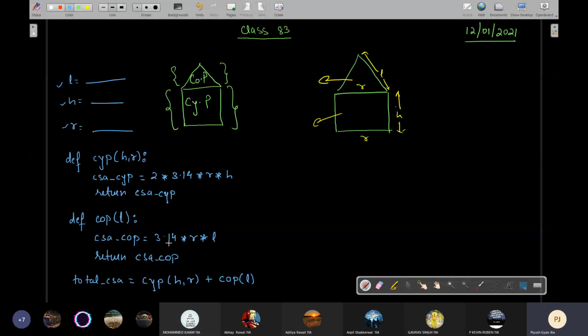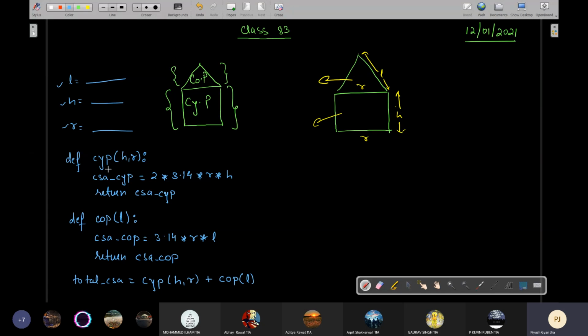So they won't create any problem. Okay. So this H will get replaced by whatever value the user had put. This R will get replaced by whatever value the user has put. Once replaced, this will be passed as an argument and will be collected as a parameter by this local variable H.